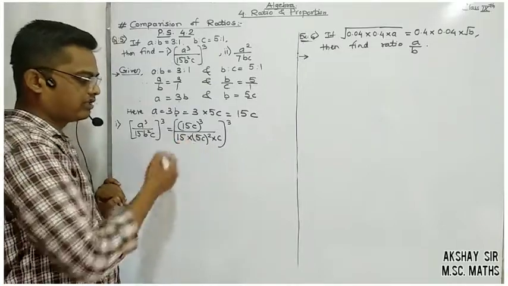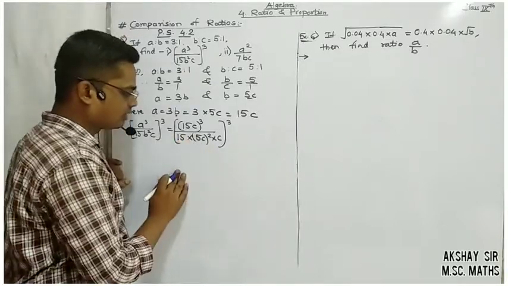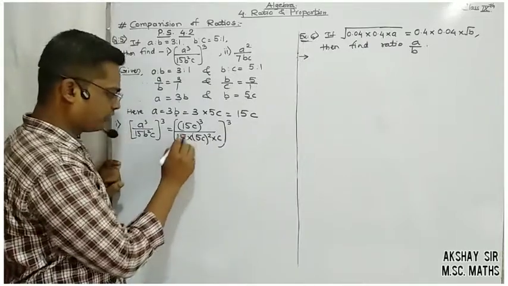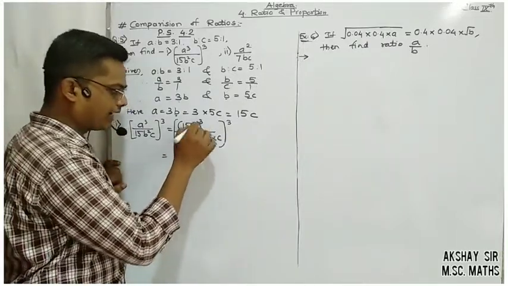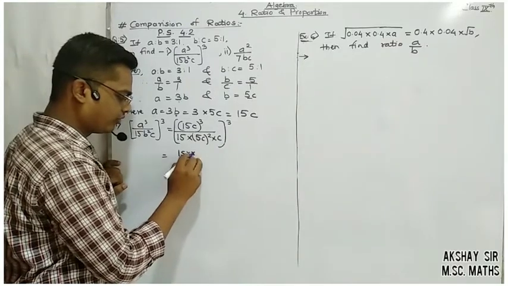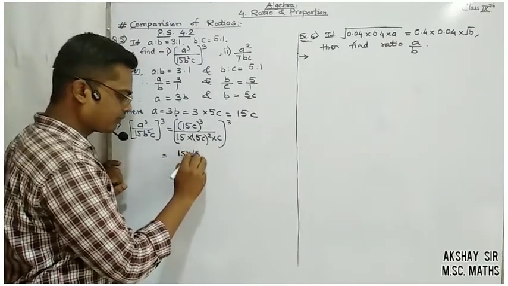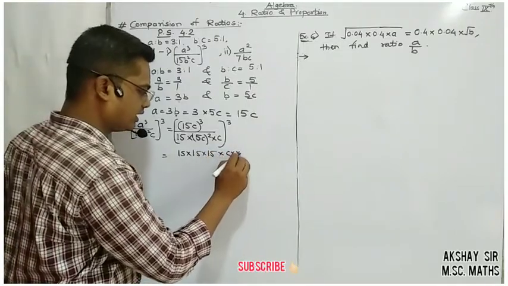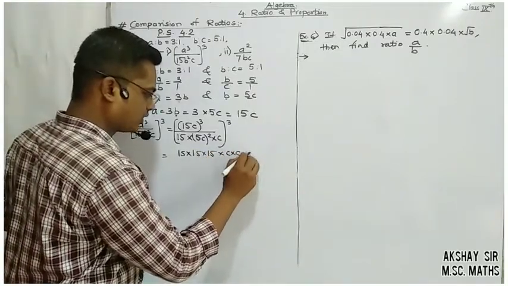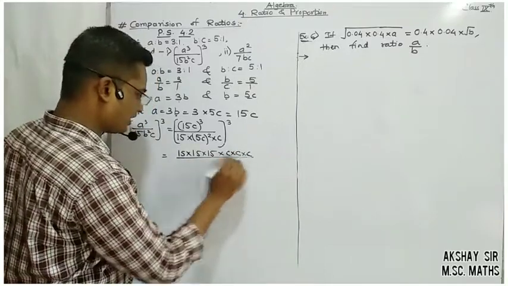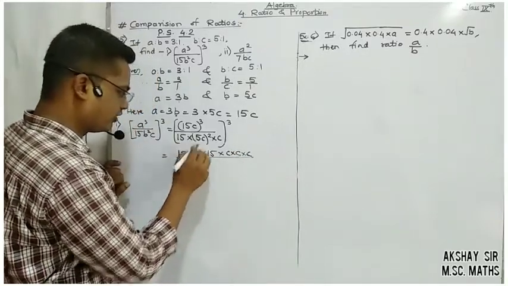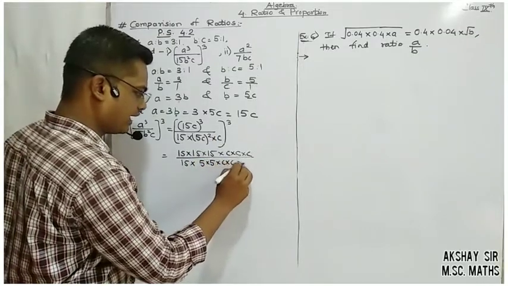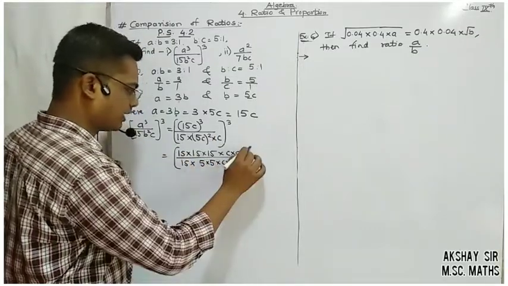So we can simplify all of this. How to simplify this? That's a simple technique here. Let us cancel it out with proper techniques. So here first of all (15c) cube can be written as 15 into 15 into 15 and c cube as c into c into c. Now it will be easy to cancel. So 15 here as it is into (5c) square means 5 into 5 into c into c, and lastly into c as it is, whole bracket cube.